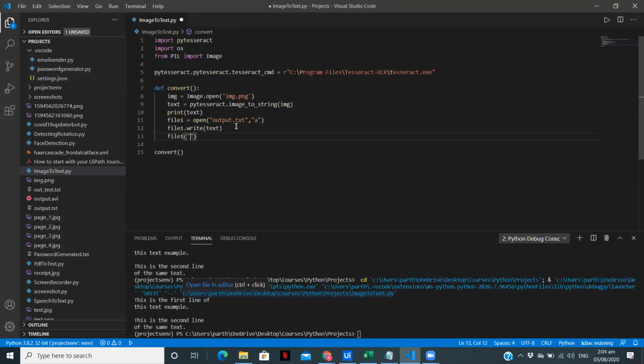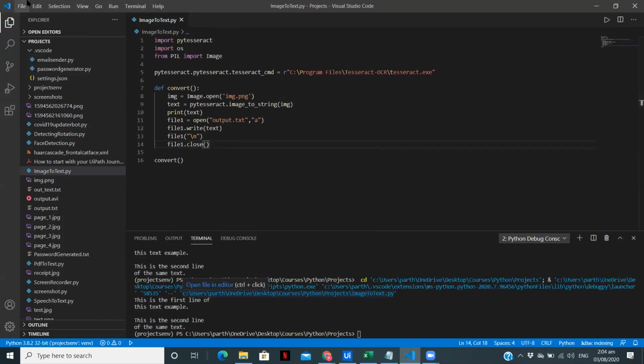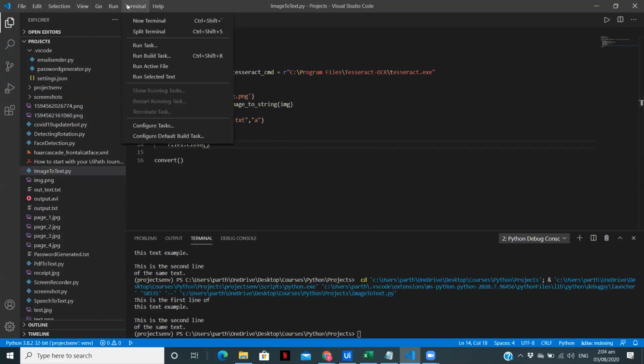So I'm going to specify \n, and then we are going to close this file. Let me save this. So I have saved it. Now after running, in this output.txt we should have this particular text. So this is like storing the data you are extracting, and I just wrote 4 more lines of code.